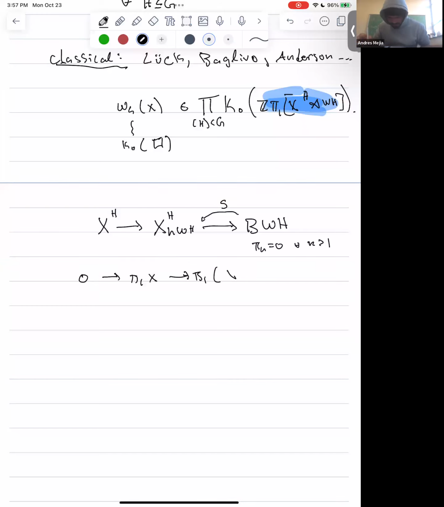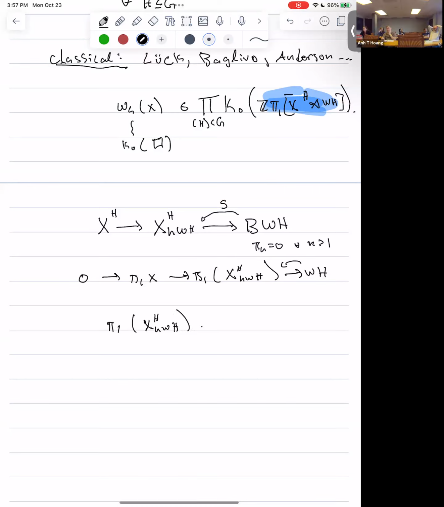I1 of X, H, W, H. And we have a section here. So in fact, what we're seeing is that on fundamental groups, this is just a version of that twisted group ring. So Z of this whole thing should just be Z adjoin pi 1 of X, H, twisted by this WH action. Okay, so now this is really starting to look like the Tom Dieck splitting,